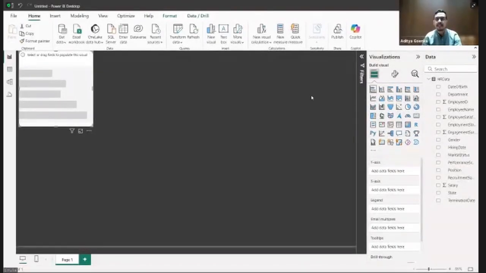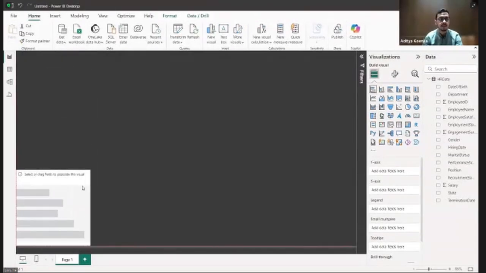Okay? So firstly, I like to go ahead and, as I mentioned, start from the bottom of my canvas. Guys, by the way, the space where you are building your dashboard is called a canvas. CANVAS. Okay? So the blank screen that you see, that is the canvas. Everyone clear?